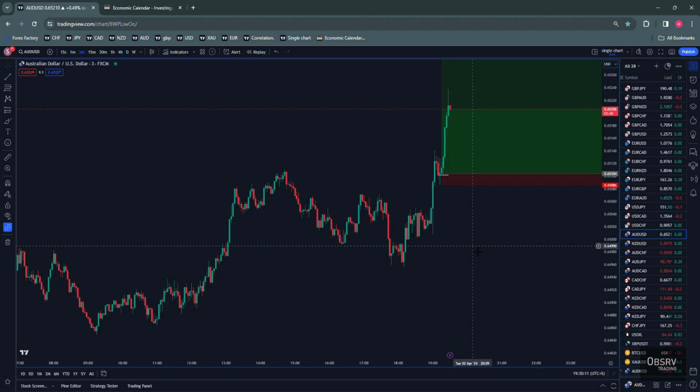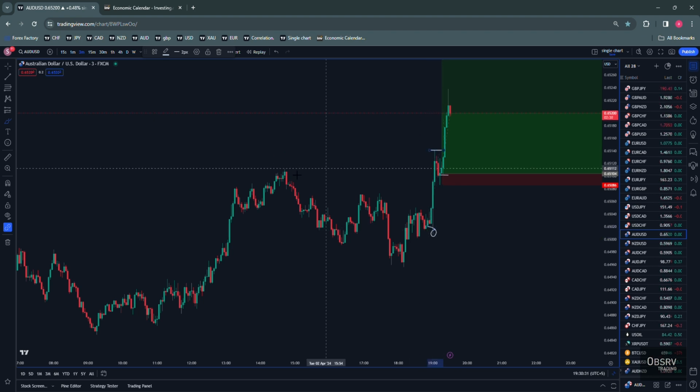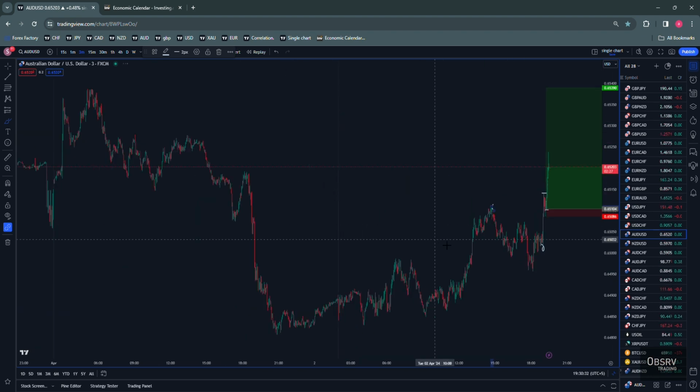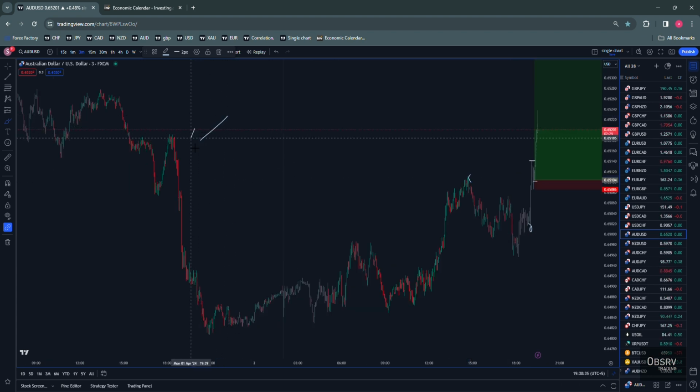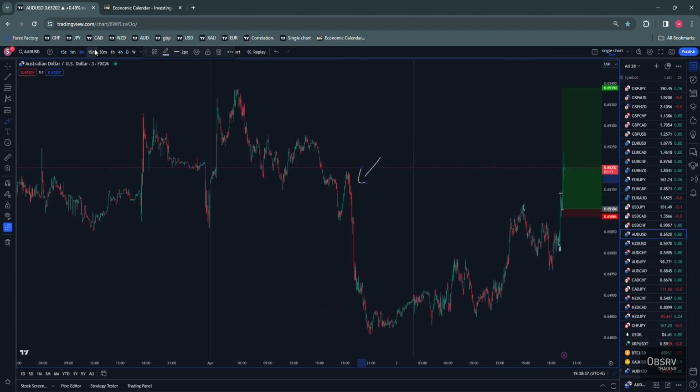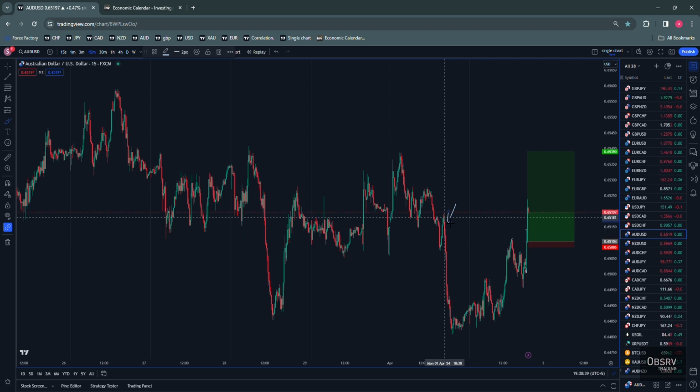So if you take a look at the timestamp down there, where my cursor is at the moment, the timestamp is 1900. That's 7 o'clock my time, right? 7 o'clock my time, two news events come out, and price from down here goes all the way up to there, goes through this basically, right? So the reason why I could not take this trade is this sell from yesterday. The news came out hereabouts, and then it shot all the way down to there.